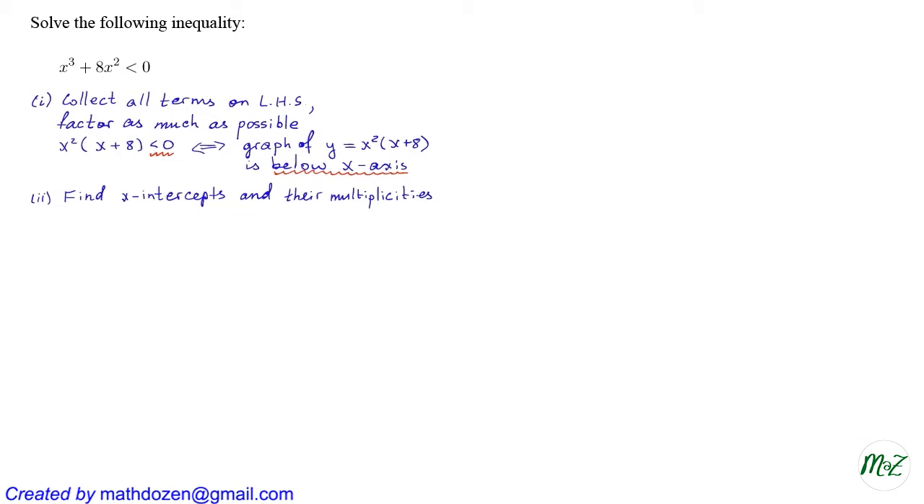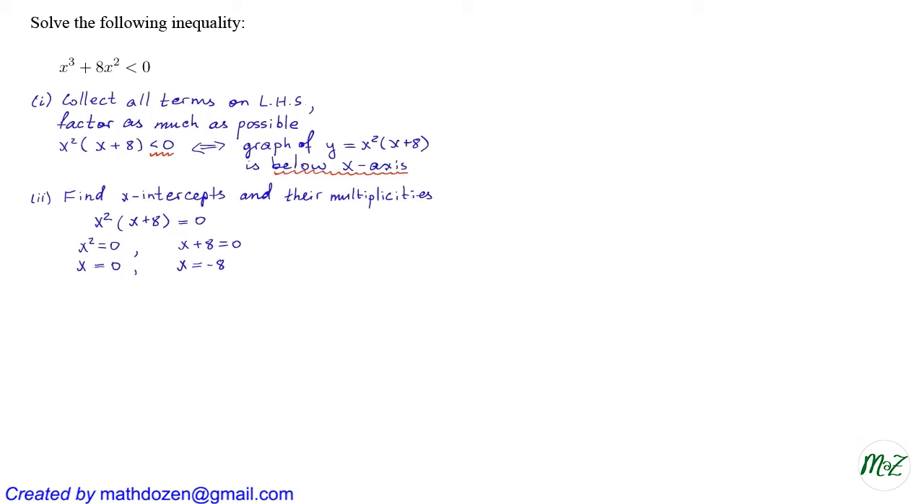To do that, we'll determine the x-intercepts and multiplicities, and then make a sketch. So for x-intercepts, we set x squared times x plus 8 equals 0. That splits into x squared equals 0 and x plus 8 equals 0. Then the first boils down to x being 0, and the second boils down to x being equal to